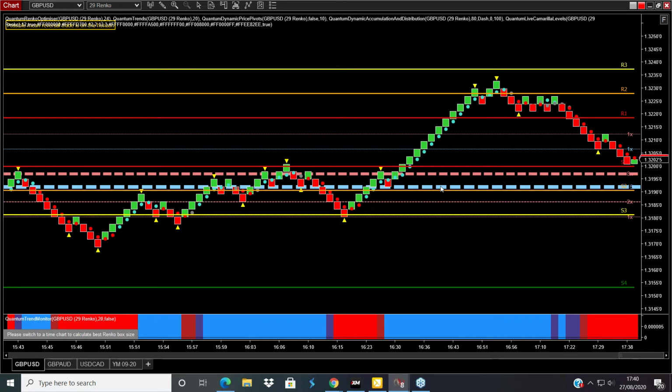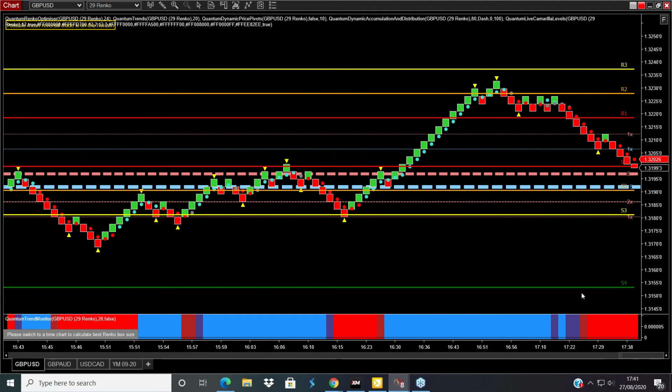And it basically measures the strength of support and resistance. So the thicker the lines, the stronger, if you like, either the support or the resistance. And this was this little move higher. It was off the S3, ran straight up here, a little bit of sideways. And how we use this, how we've combined it with our other indicators,